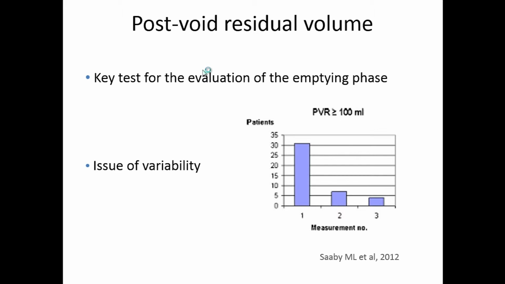Looking at what else we can have to help us in diagnosing, one of the most important tests is the evaluation of postvoid residual. The postvoid residual has an issue, which is the variability, because mainly if women are stressed during the residual, or if they have an over distended bladder during the ultrasound, they can have higher postvoid residuals with no significance at all. You can see if you retest the residual, a significant number of women have diminished postvoid residual.